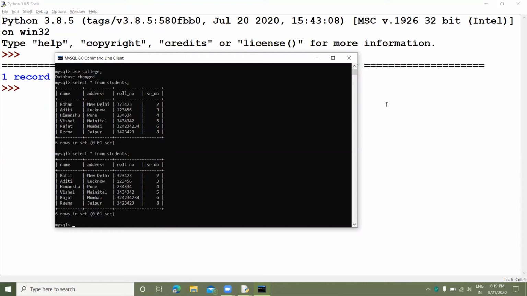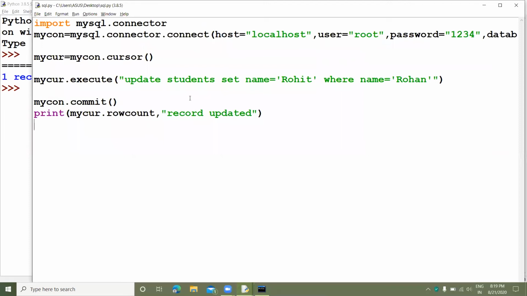Okay guys. So now I want to change Vishal's address. It's in Nainital. I want to change it to Lucknow. Now Nainital will be changed to Lucknow.